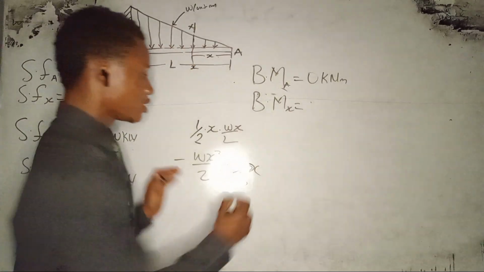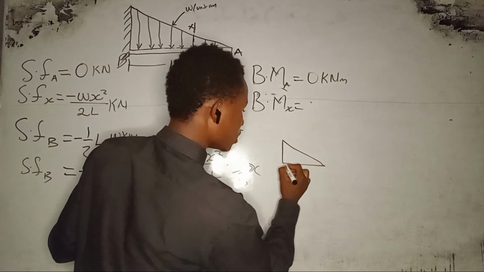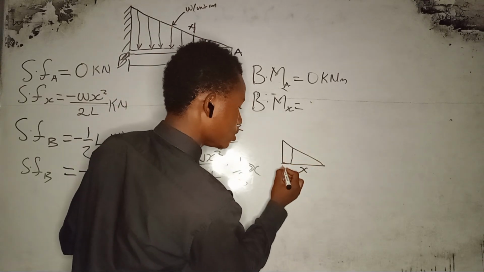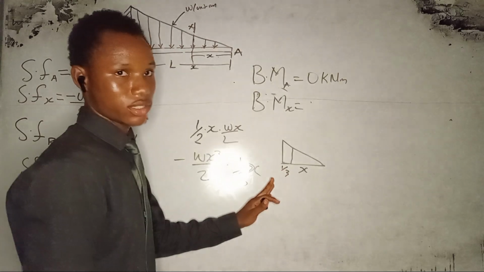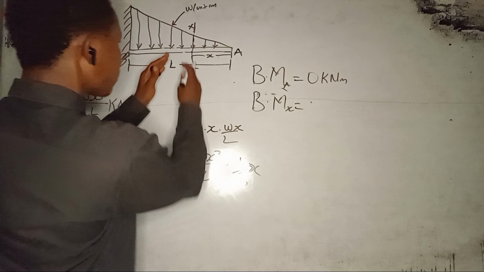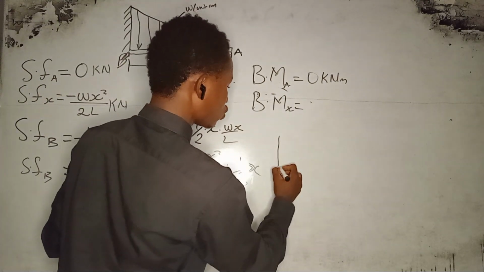That means I'm dividing that triangle, the triangle which we get here, whose bottom is x, by 3, and you pick this 1 over 3 side here. That is where the centroid is. And if you do not understand that, you can look at it this way. After getting the shearing force, this section that we add here,